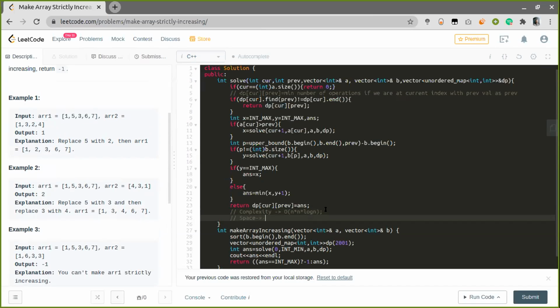I think it will be of the order n for each index in the first array, and then the previous value can take at max n or 2n values. So it will be n into n, where n is the size of the first vector or array. Otherwise, saying this as constant, I don't think will make sense here.